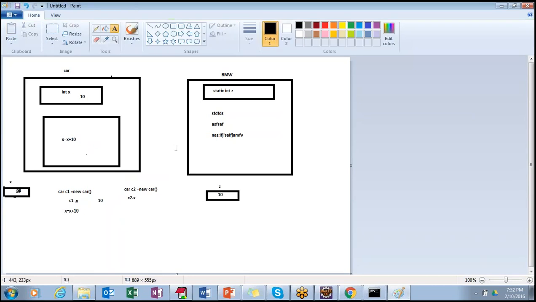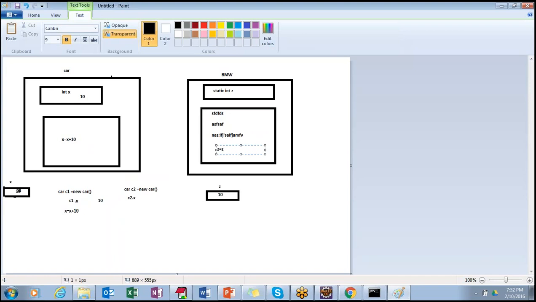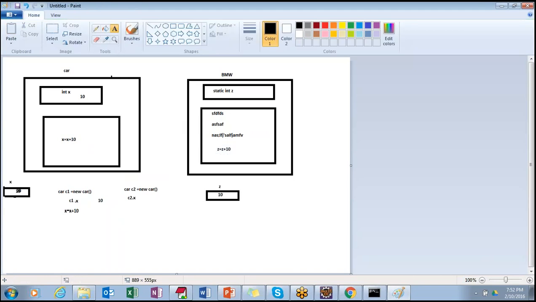Here also there is one method where z value always increases internally with z equal to z plus 10. Forget about BMW, just remember about a car, because this is not a static.